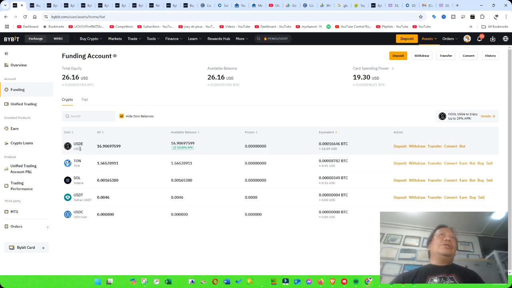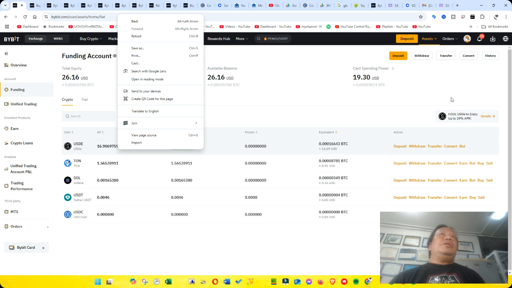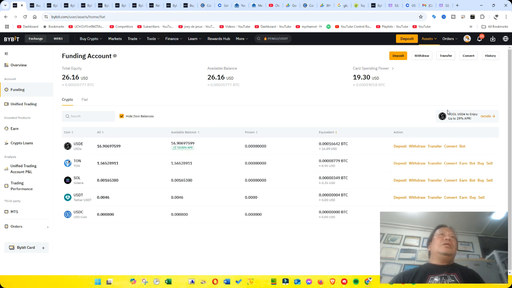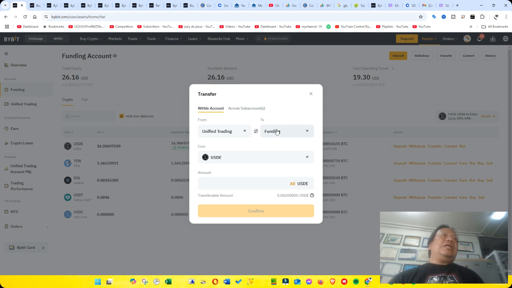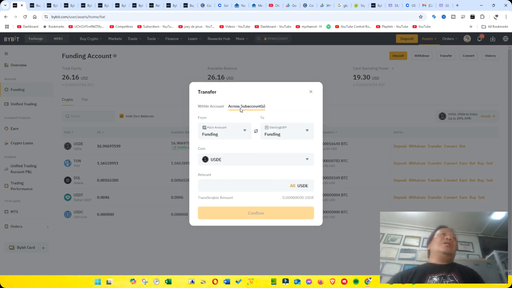So what I'm going to do is I want to enable GBP trading, for example, and I'm going to transfer this to my GBP trading account, which is my sterling pound account. Because right now it's zero, so I'm going to send that from my funding account and then send it to my sterling GBP. I'm going to transfer everything and then confirm.